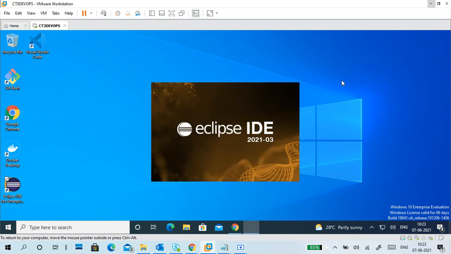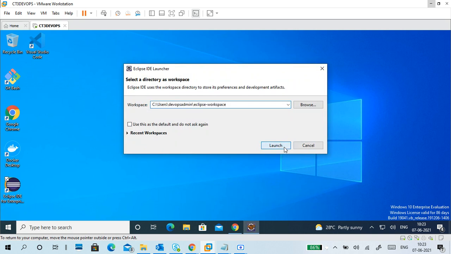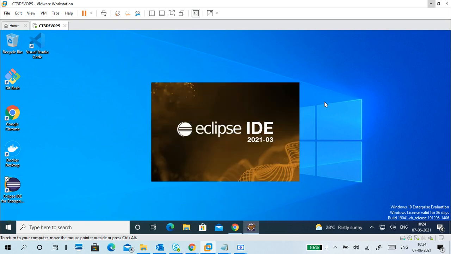I paused updates for 7 days, so the update problem won't be there. I installed Docker, guys. I will tell you how to install it, how to download the package for Docker and all. First I will show you this Maven part completed. Next, we will do Jenkins, pipelining project kind of stuff. Then we'll see Docker. Maybe I will take a class in the afternoon also, at 2:30. We'll complete Docker in the afternoon.